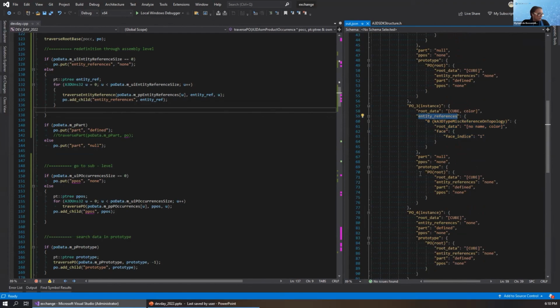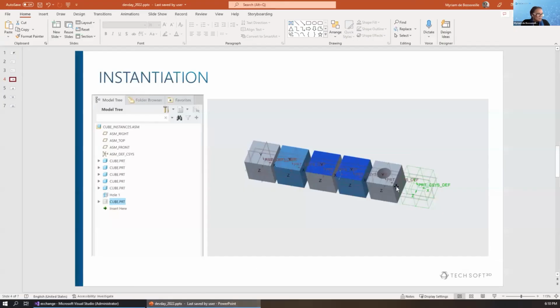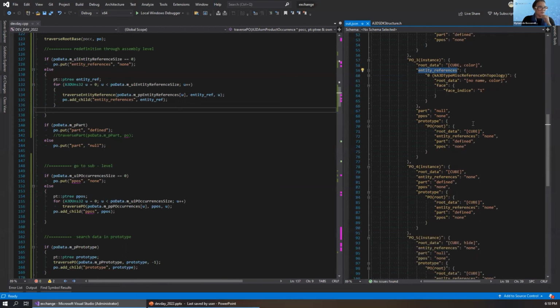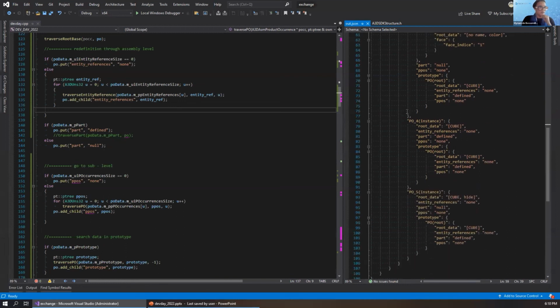So we just miss this one, the model with the hole. So if I check this one, it's this one. So how do we get the hole?